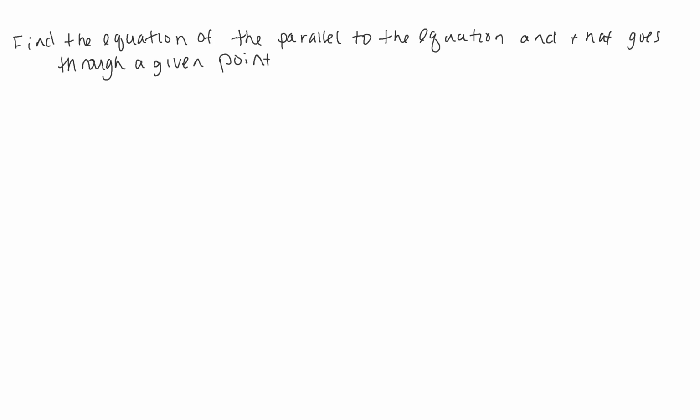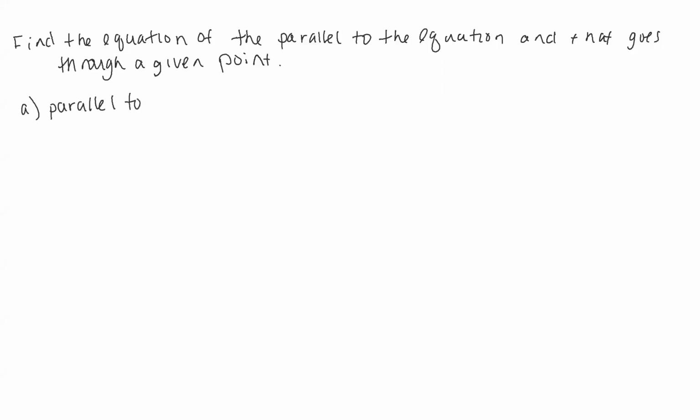So basically, we're going to be given an equation. We want to be parallel to that equation. That means we want to share the slope with that equation, but we have to go through a very specific point. Okay, so for the first example, we want to be parallel to